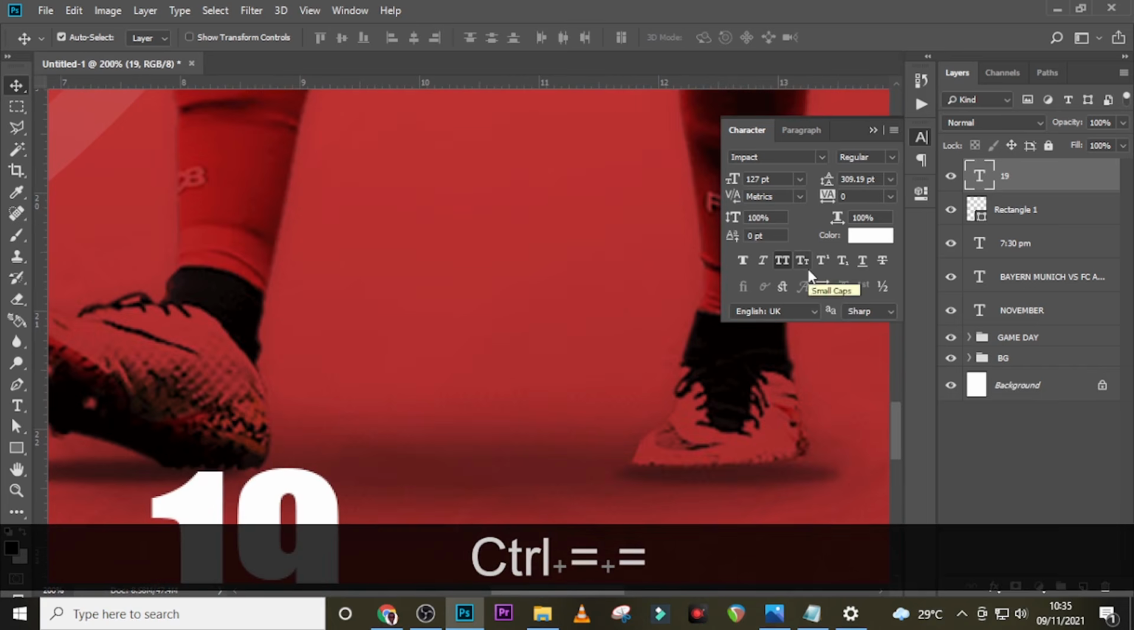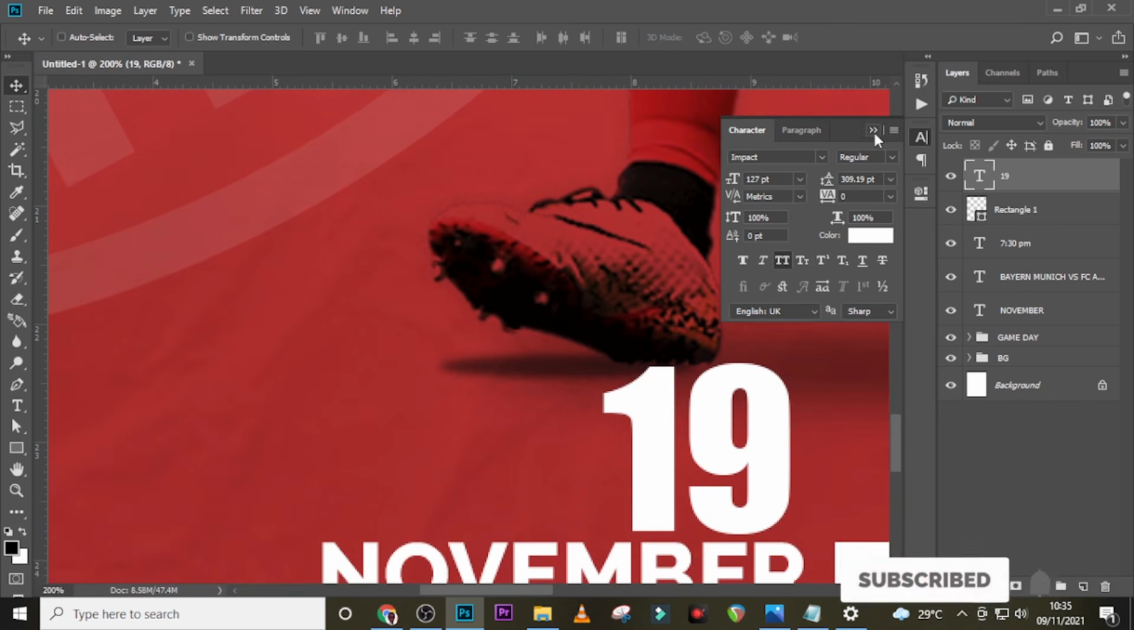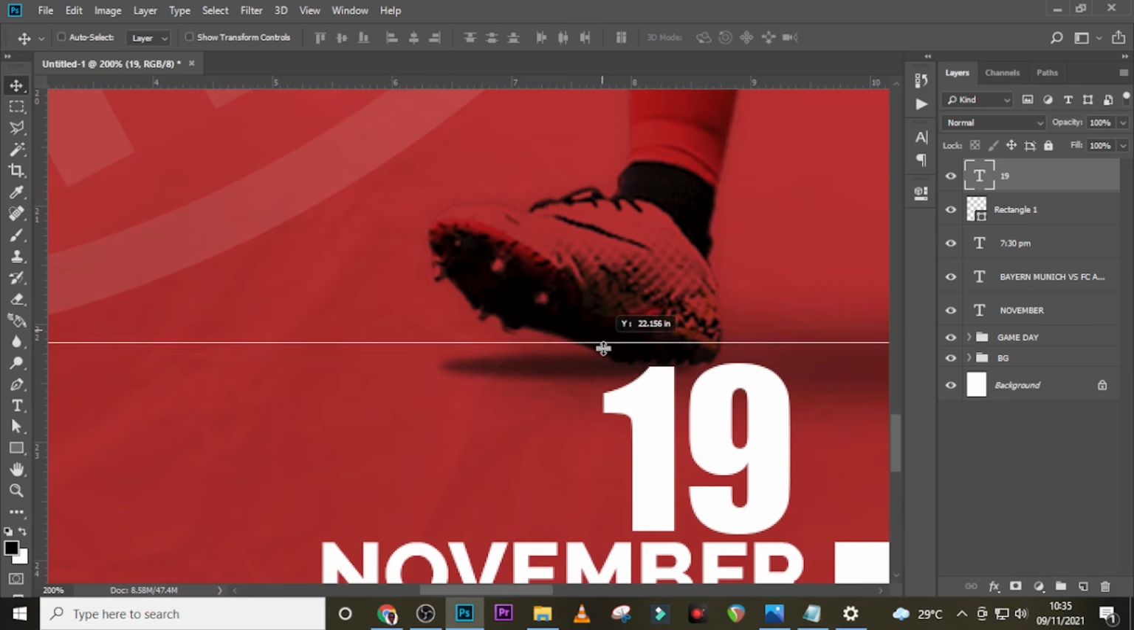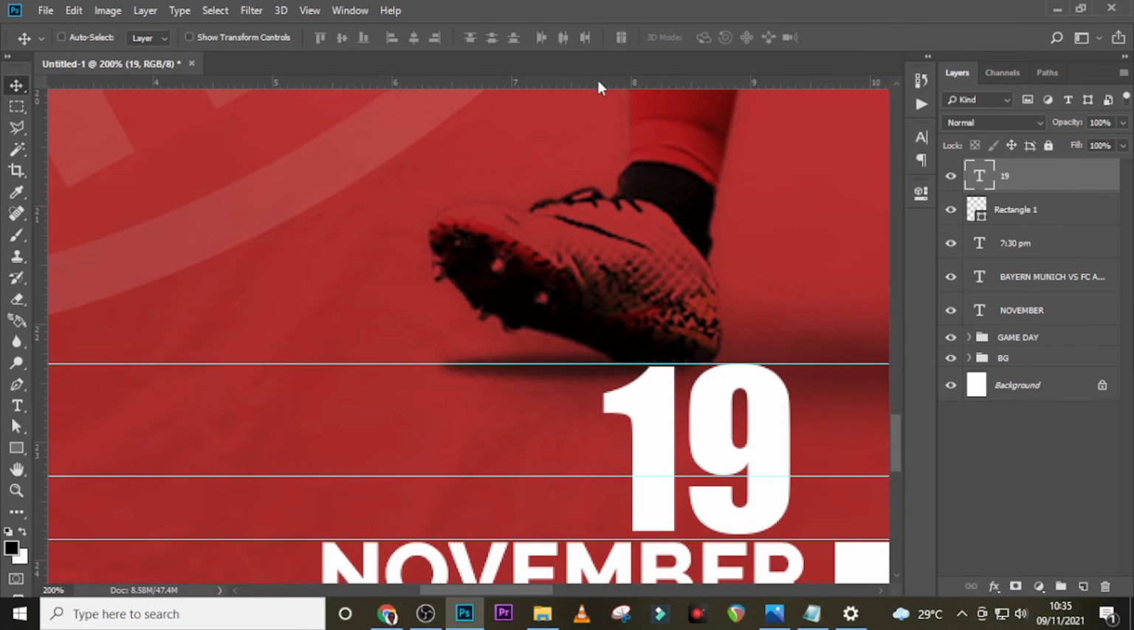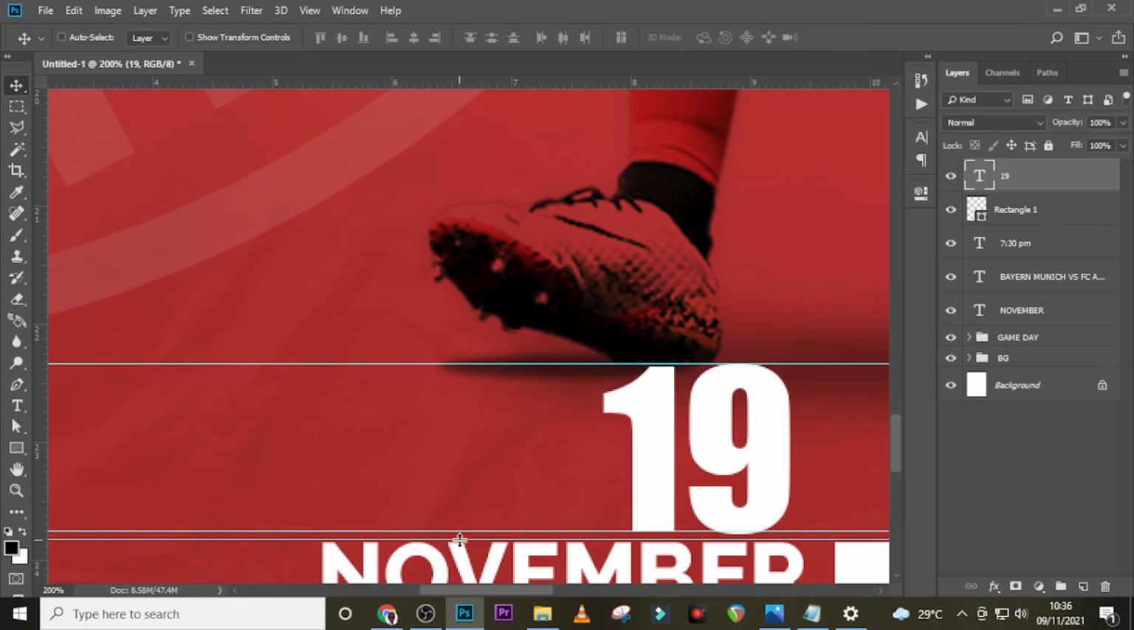Now let's zoom in more. Close this. Let's drag our lines here. Let's drag another line here. In fact, with this one, let's drag it up. We don't need it anymore. We don't need this one anymore. Now let's drag this and let's create something like